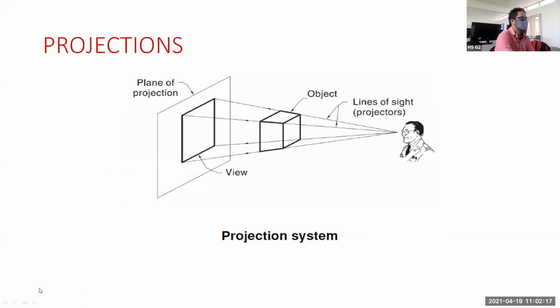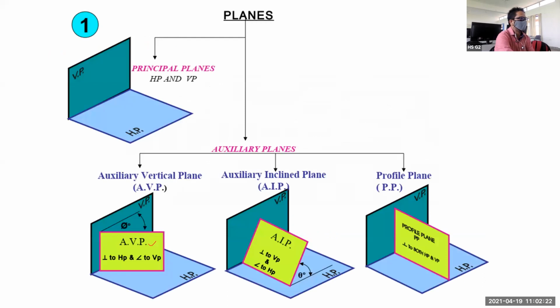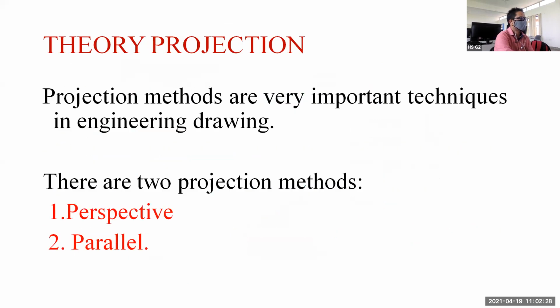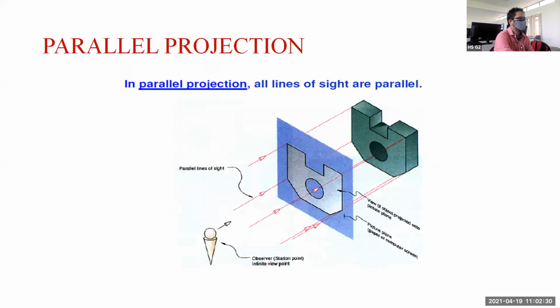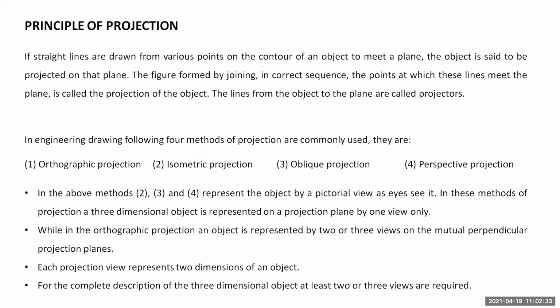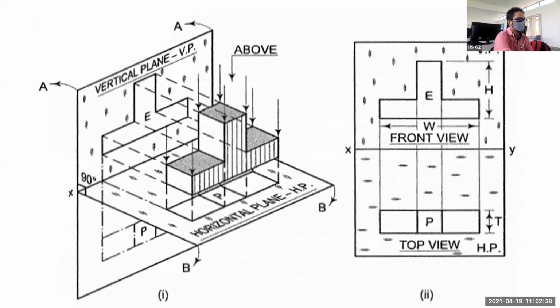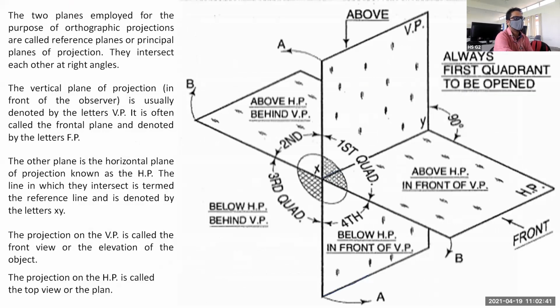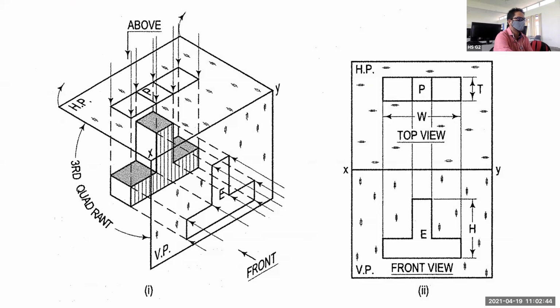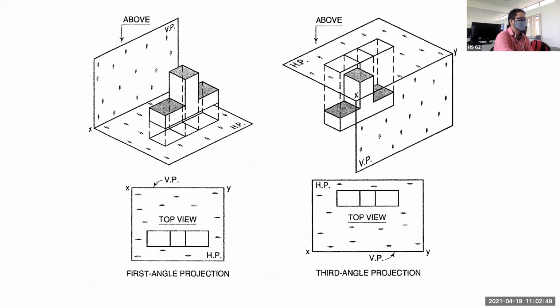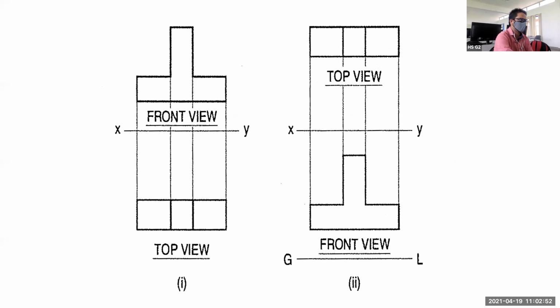So here we have seen what are the projector, plane of projection, object and observer, then different types of planes, and different coordinates, theory of projection, parallel and perspective projections. These all things we have seen in the last class, principle of projection. And we have started this orthographic projection also. These are your quadrant systems and how the front view and top view in first angle and third angle is projected. This we have seen in the last class. So here, coming to this slide,